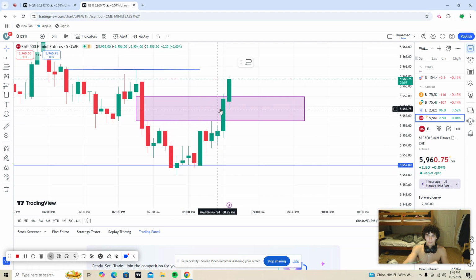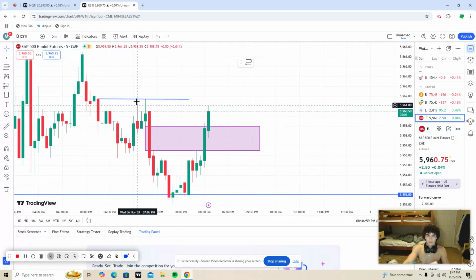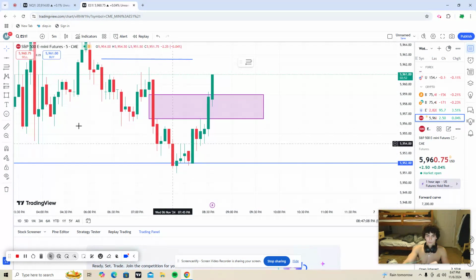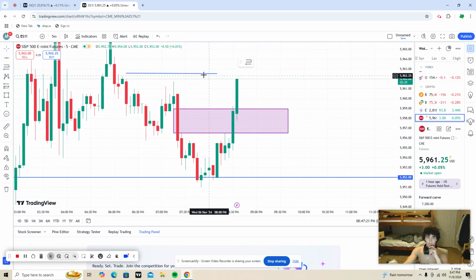Once it closes above the 50% level of the box, you need to take buys. And you want to aim for your nearest level of liquidity, which would probably be this high right here, because price couldn't go any higher than that. So price had to come down here, sweep some more money, to now go get the money up here, because that's the way the market's moving. It's either going to a high or low, or an inequality like a fair value gap or an inverse fair value gap. So now once it sweeps this high, which it just did, as you can tell,